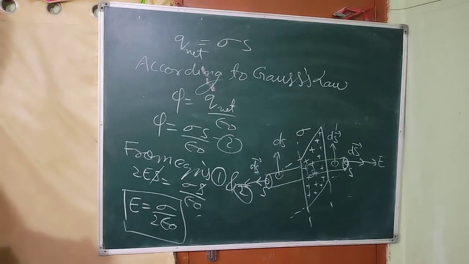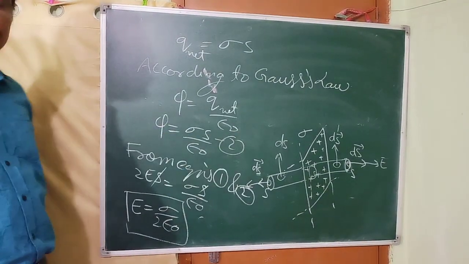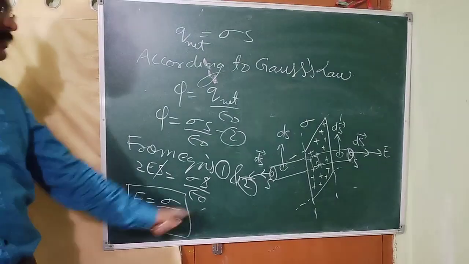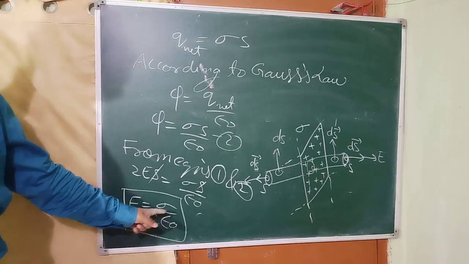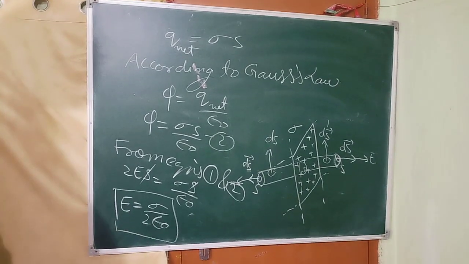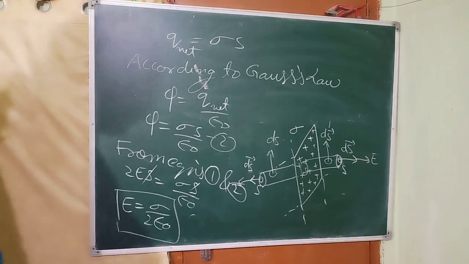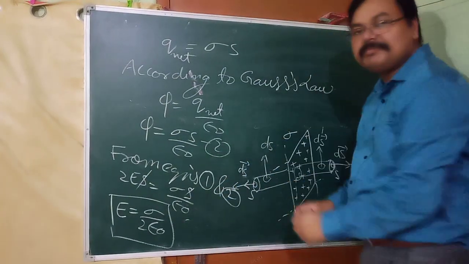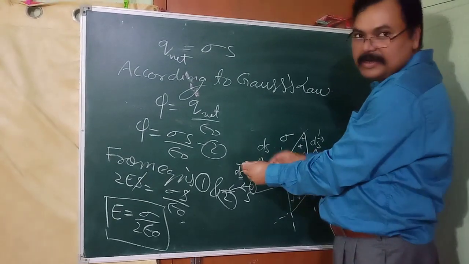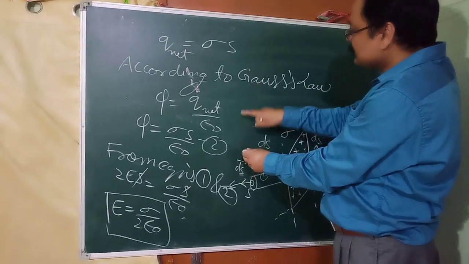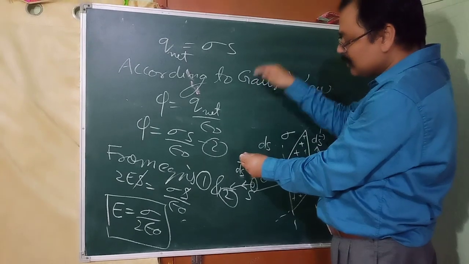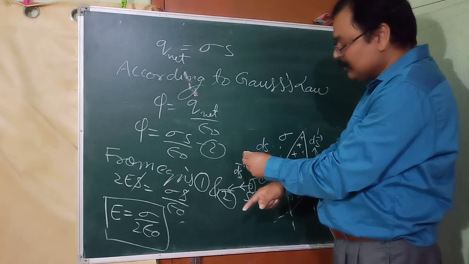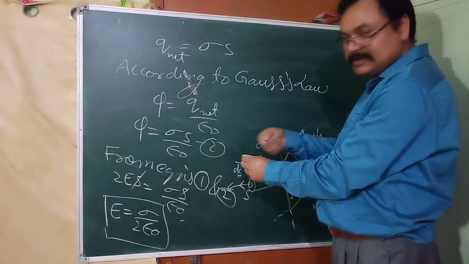So, this is the expression for electric field produced by this uniformly charged infinite plane sheet. At what distance? At any distance. See here, the distance is not appearing. That means it is independent of distance. Now, why is it independent of distance? Suppose this board is a charged sheet, and you are choosing a point here. Then only the charges up to a certain distance from it contribute to the electric field. If a charge is here, then its electric field will have two components, one in the downward direction and the other in this direction.